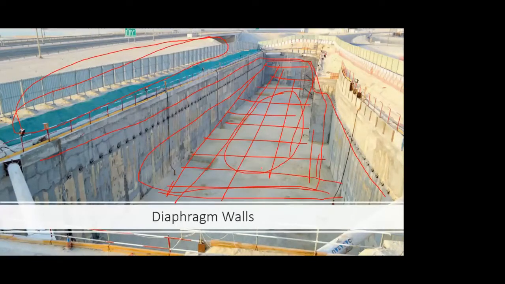So from the name itself, you can derive the meaning of diaphragm. In our body also, whatever diaphragm we have, it acts as a sort of barrier. Now I'm not a biologist, but I guess the diaphragm is related to your respiratory system. Okay, and it acts as a barrier between the air that you breathe and the other parts of your body. Similarly, a diaphragm wall in construction acts as a barrier between two things. One side may be an open area, and the other side is a backfill.